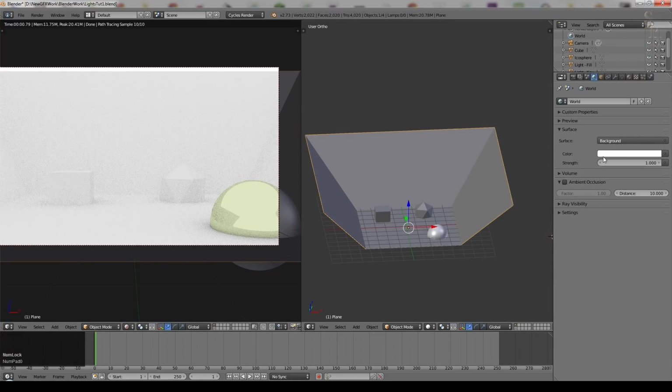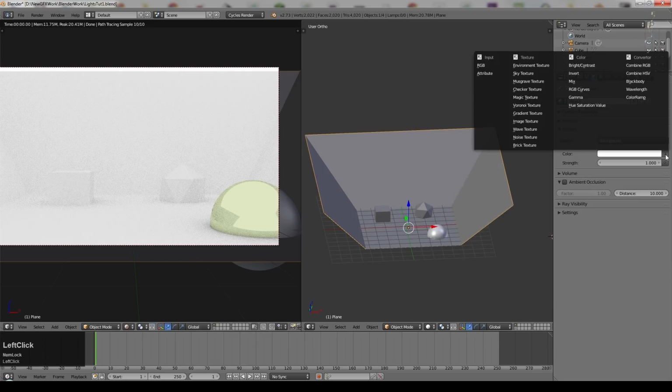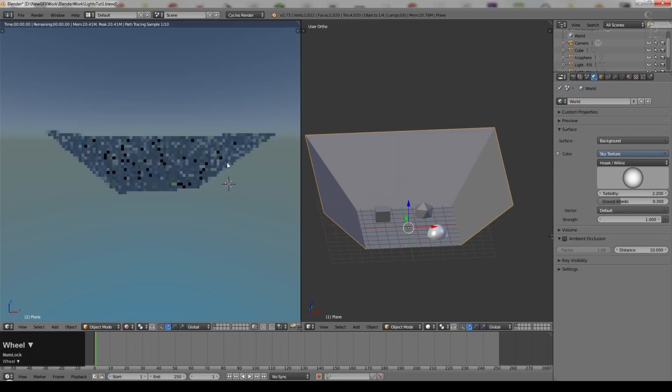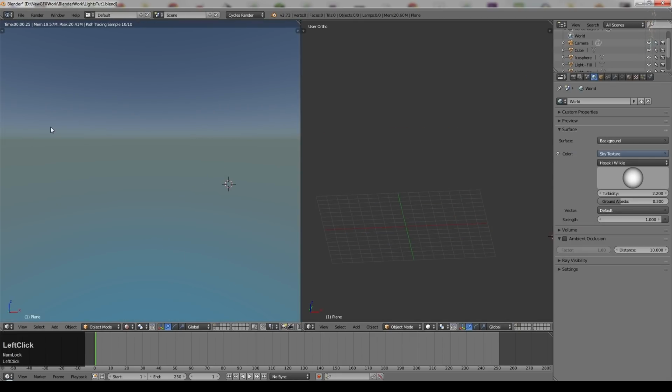It's very diffuse light because obviously it's coming from everywhere. There's a little bit of shadow because of course this object isn't permitting light to come up this way. One of the better options for getting light, especially for external scenes, from the background is to use the sky texture. So you can see it's all gone very blue there. But if I go to a layer without any objects, you can see what we've got is a rough approximation of a sky.